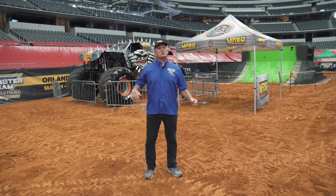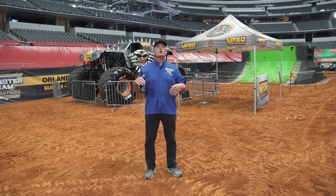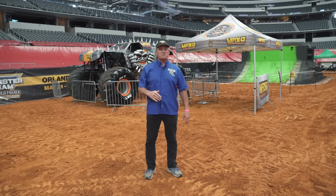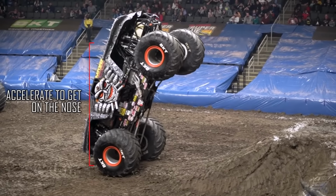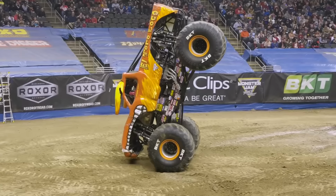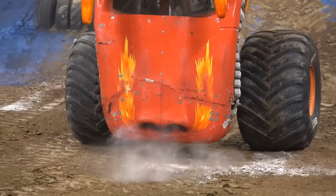You want to take your Monster Jam truck. You want to come over an obstacle. You want to make the rear tires go faster than the front. So when the front tires fall off that obstacle, you gas it. That makes it upset the truck and put it right on the nose. You got to use brake. You got to use throttle. You got to use everything at the perfect time to get your Monster Jam truck to balance perfectly on only